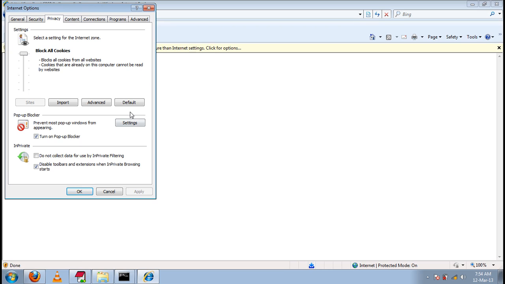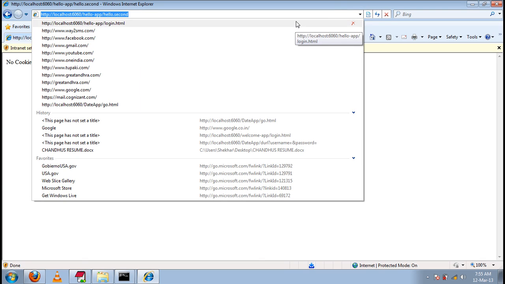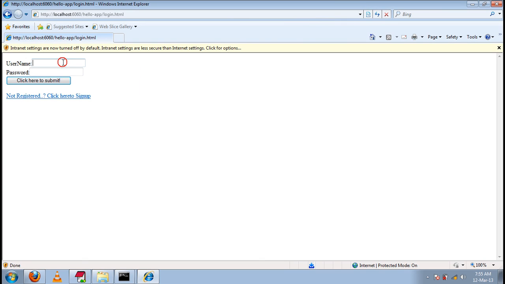Let me restore it to default so that medium cookies will be available. I did not change anything in the application, I am just changing the browser settings. Let me access the same login.html and enter.